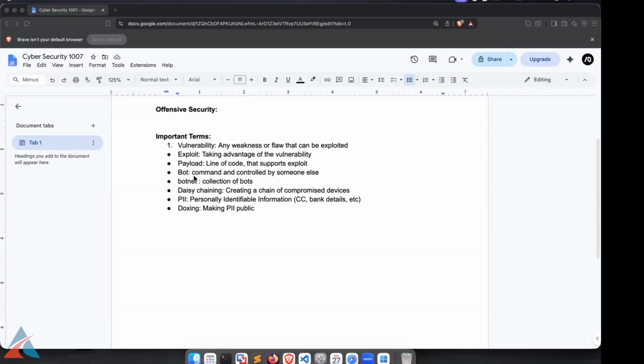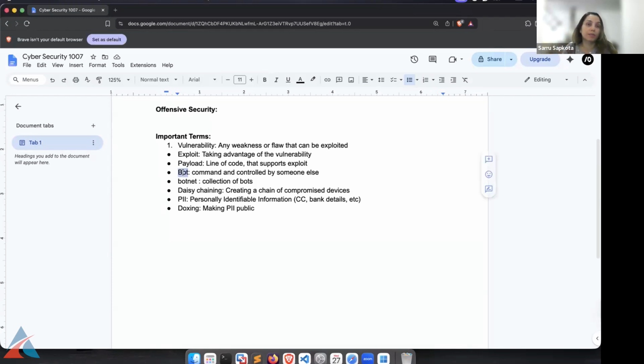But there are some bots which are used for malicious purposes. I'll show that to you practically in our next session, how the bots are configured and used. Right now, just understand that a bot is a code or a script which is command and controlled by someone else, and it can be used for a certain automation or process, just like a chatbot. But say that chatbot was hacked by somebody and then somebody else is trying to get the information out of you, and not the company itself.